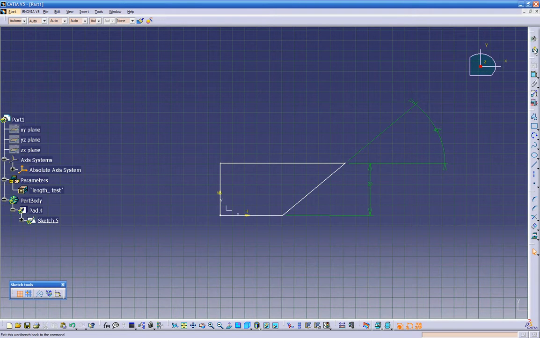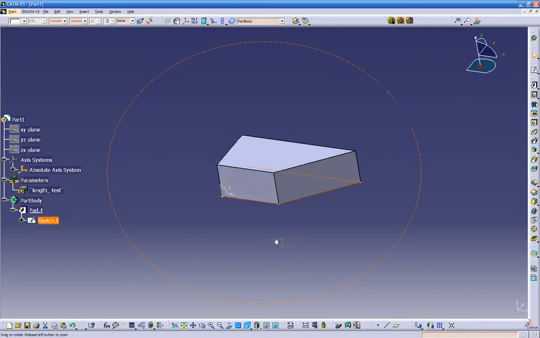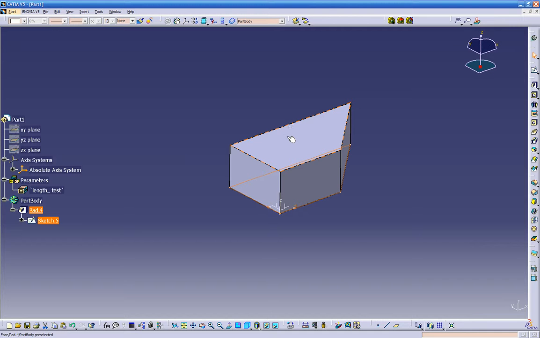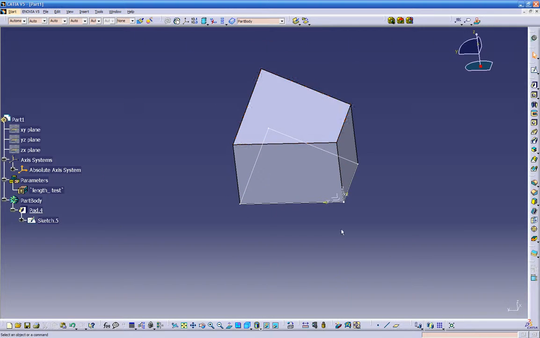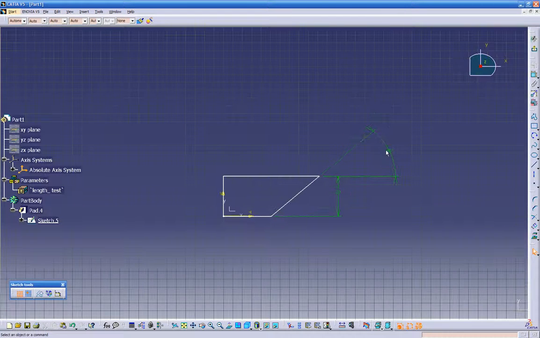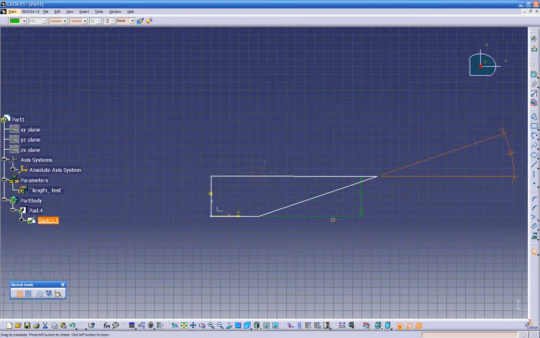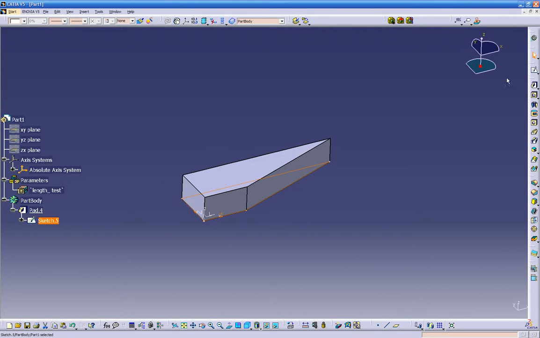Now if we exit, we're back on a 3D view, and automatically it's updating our pad. It used to be rectangular, now it's a pad. So we can go back on this sketch, change the angle. Let's go 22. Get out of the sketch. Automatically updates our pad. Let's try another option. Let's go back into the sketch. We can double click on the sketch here, or we can go here, double click,